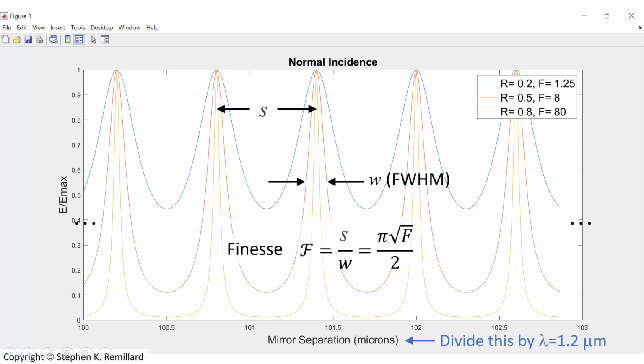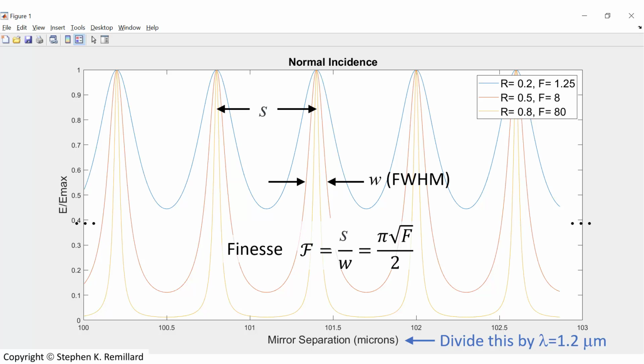And so finesse sort of makes sense as the term here, because if the finesse is large, like 80, you have sharp peaks. That is, you have to be at the exact mirror separation in order for light to come out the other side. There are two different expressions that you see for the finesse. One is the f that I introduced previously based on the reflection coefficients, which is usually called the coefficient of finesse. If you take the square root of the coefficient of finesse, then multiply by pi over 2, you have the finesse, which is a useful parameter because it's exactly equal to the spacing of these peaks divided by the